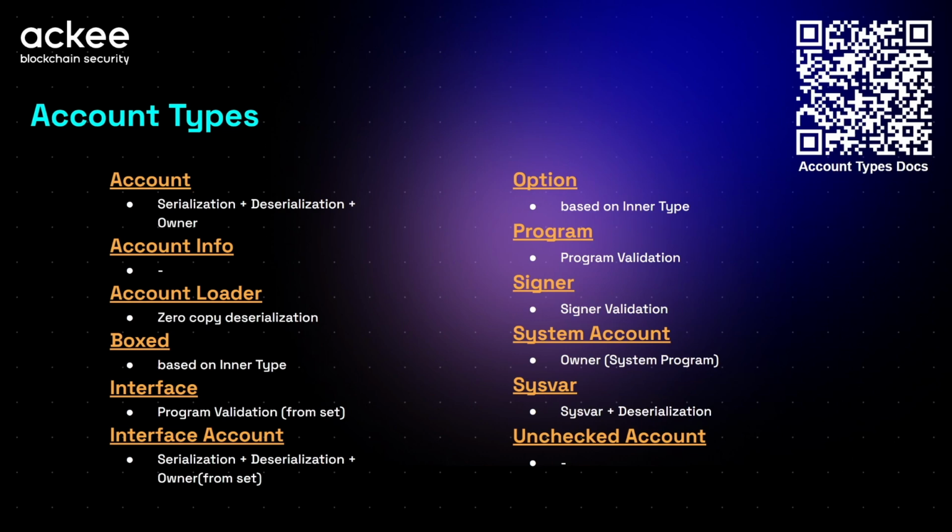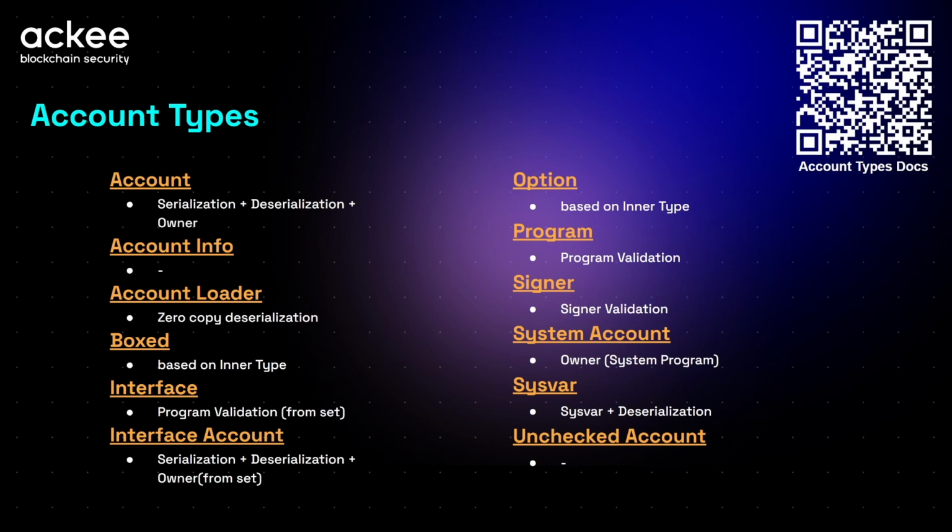Let's talk about the available account types that can be used within the context of each instruction. Just a reminder, you can see the QR code. I see that it's pretty huge, so I might make it a bit smaller. So this is the QR code to the documentation, so if you develop something in the future or audit something, this documentation might be helpful. It's just documentation of the account types. Now you can see the list of the account types. I would say you probably know most of them, but we can go through them.